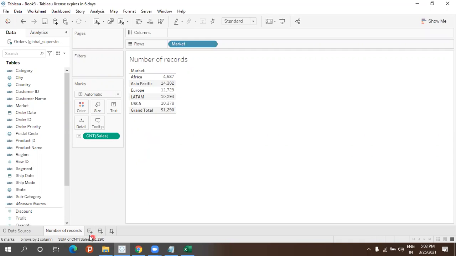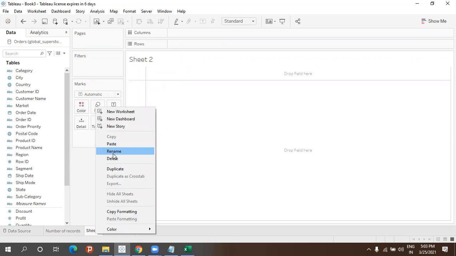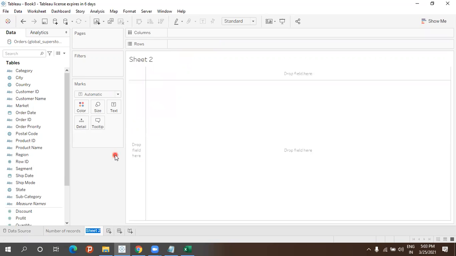Okay. And then we are going to do the same thing with measure names, in textual format.